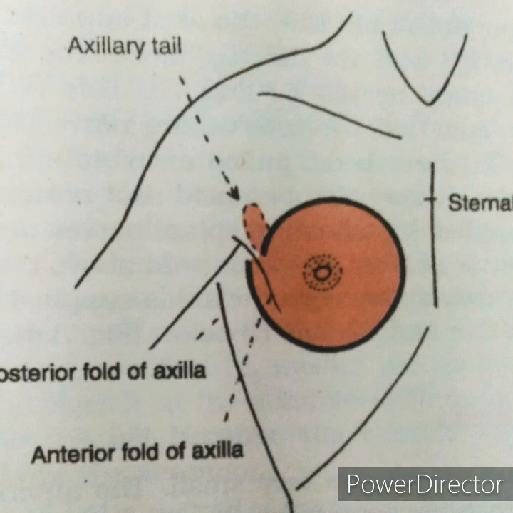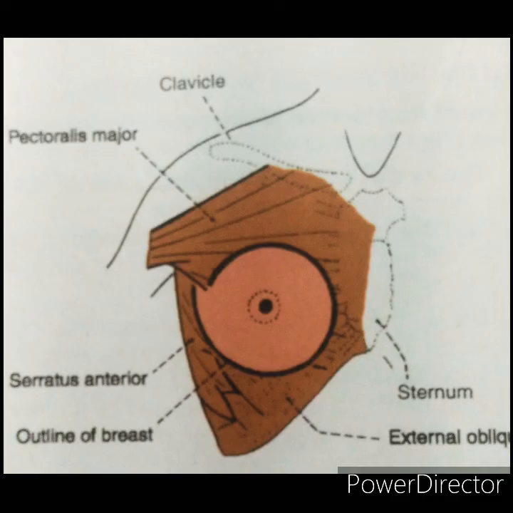Extension: vertically, it extends from the second to the sixth rib. Horizontally, it extends from the lateral border of the sternum to the mid-axillary line. Deep relations: the breast lies on the deep fascia, that is the pectoral fascia covering the pectoralis major. Still deeper, there are the parts of three muscles, namely the pectoralis major, the serratus anterior, and the external oblique